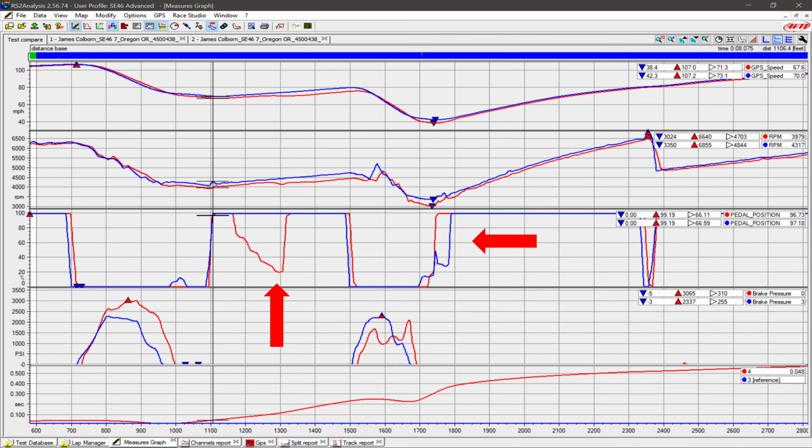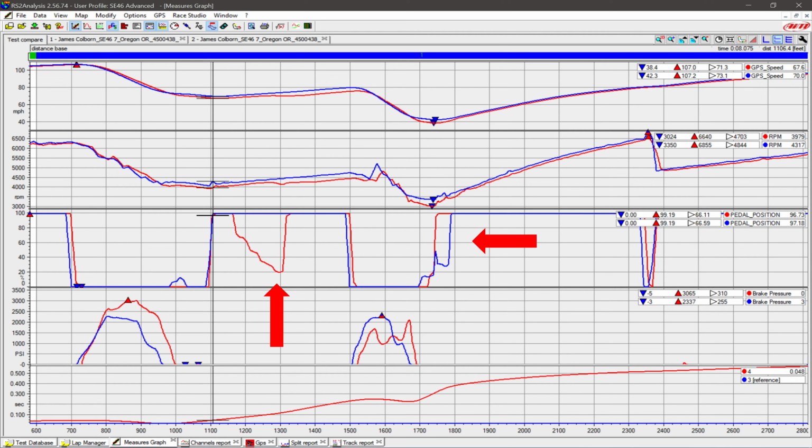and the blue line has obviously gained a lot more speed. As you can see, there's an actual speed advantage here through the corner. And at that particular point, you could identify 3 or 4 miles an hour faster. But what's happening here is, if I drill down on that even further, you can see that even though the blue line's throttle application is more gradual, the throttle is picked up here, not here. You can see that more speed is carried through the corner, the revs remain higher, whereas the red line applies the throttle later at a lower speed, so the gain is actually still consistent through that particular